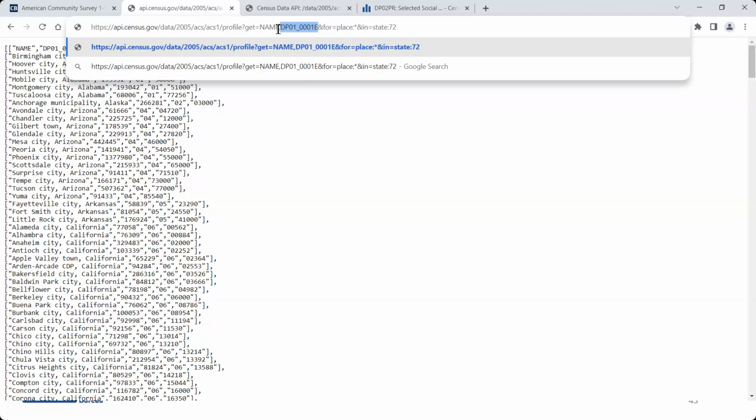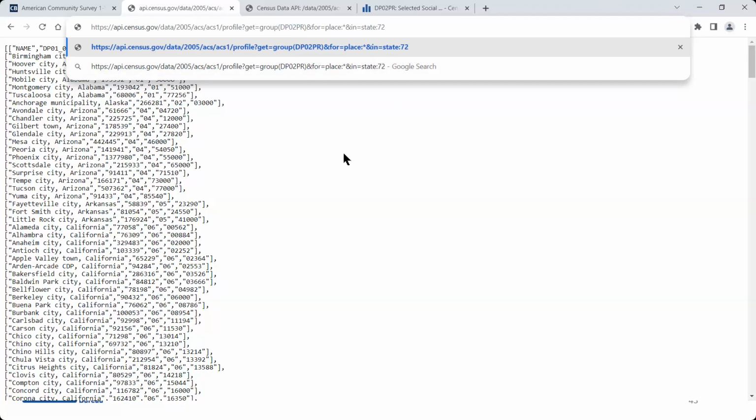So what I'm going to do is actually completely delete name and this other variable it's given me. So I'll just highlight and delete these. So right after get equals, I'll add in group and then open my parentheses. DP02PR is the table I'm looking for, and close my parentheses. So I still have this within the get equals portion here. So right after the equal sign, I added that in, and I'm right before the ampersand symbol.